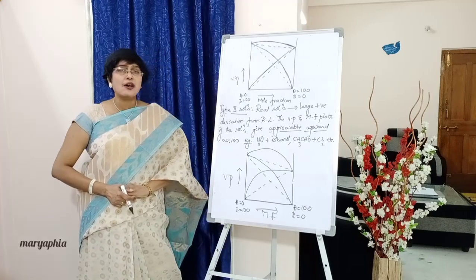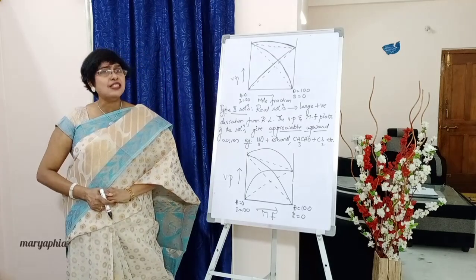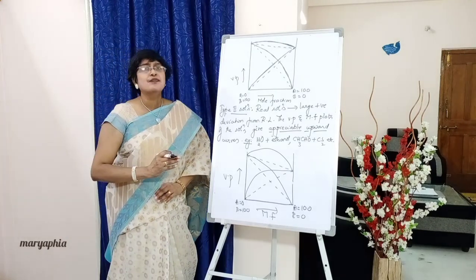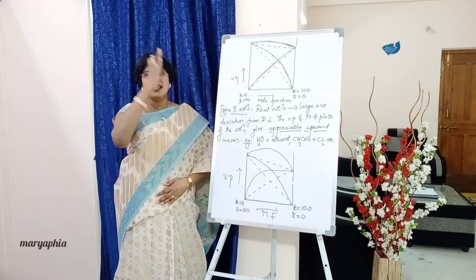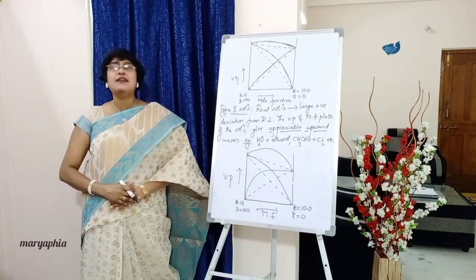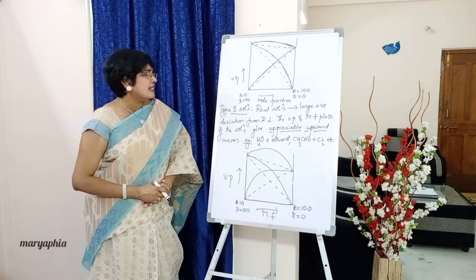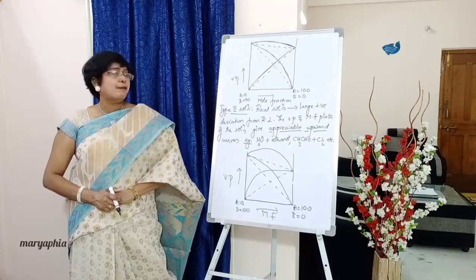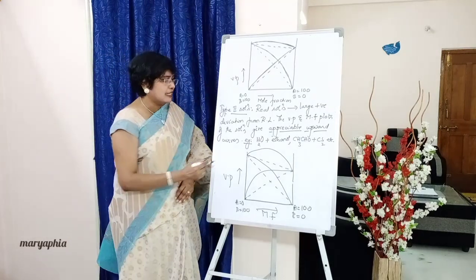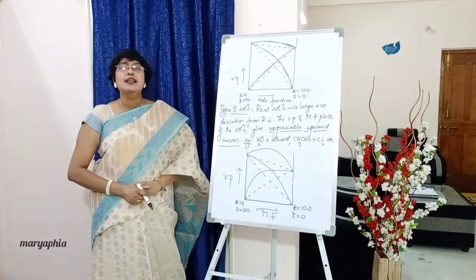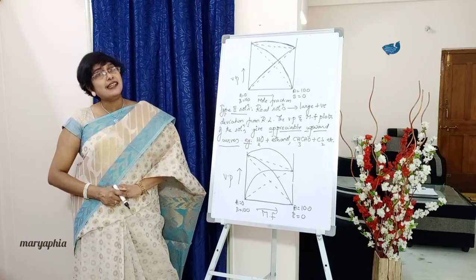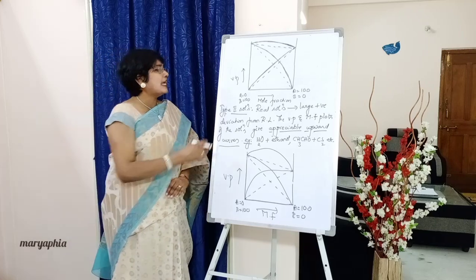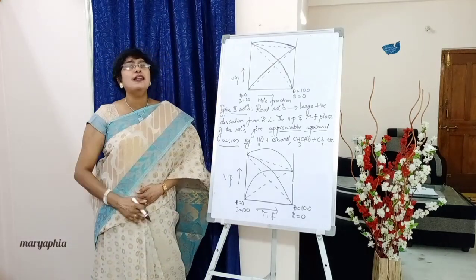Now, if we check the plots of vapor pressure and mole fraction, we find they are deviating to a greater extent. So we get a greatly appreciable upward curve. Second sentence: the vapor pressure and mole fraction plots of the solutions give appreciably upward curves. Underline appreciably upward curves. There, slightly upward curves. Here, they are deviating to a greater extent, and in type 1, they are deviating to a small extent.